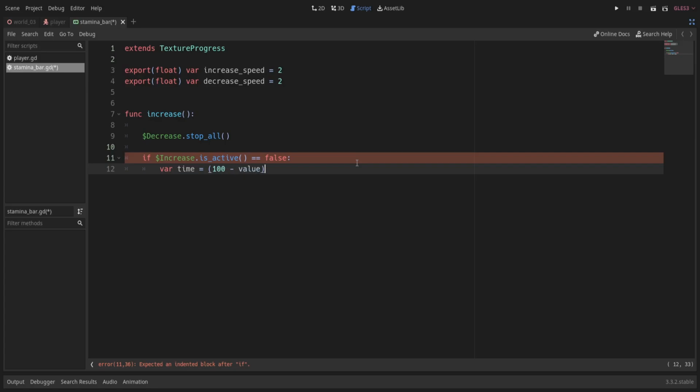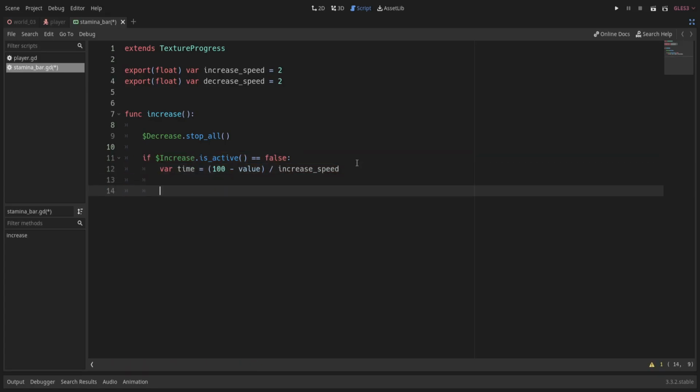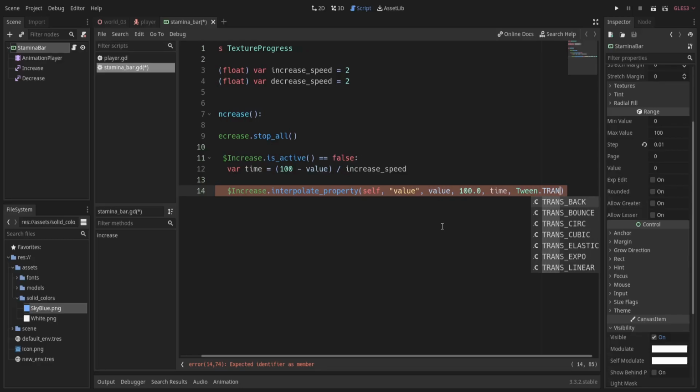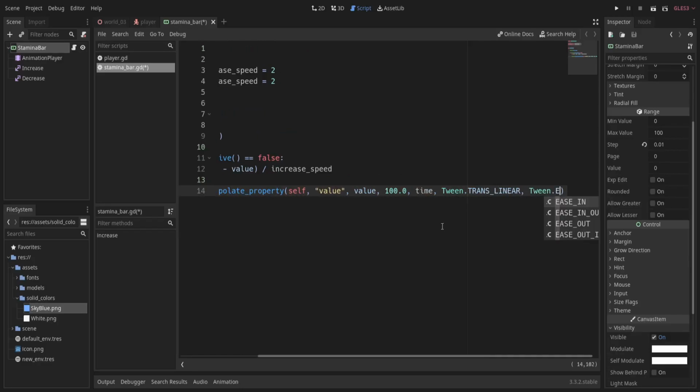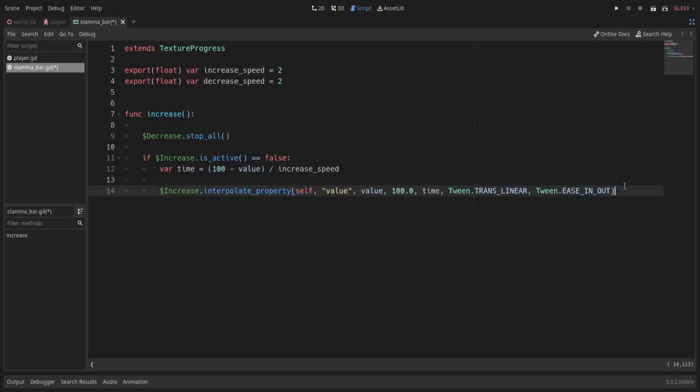For that, we need to calculate the duration of the tween. For this, we can use the formula used for finding time when we already know speed and distance. Finally, we call interpolate property and set up our tween. And after this, we start the tween process.